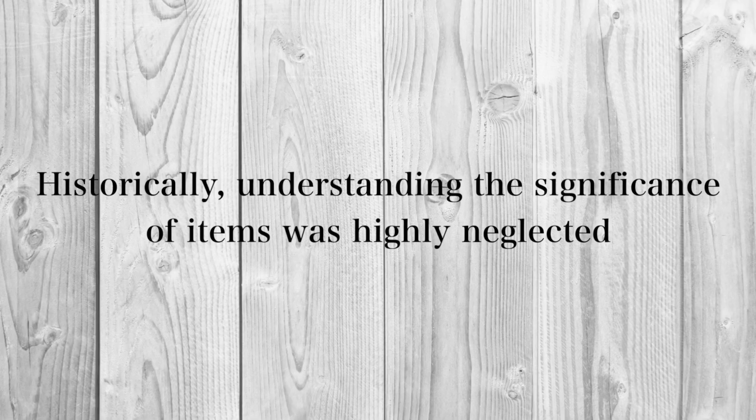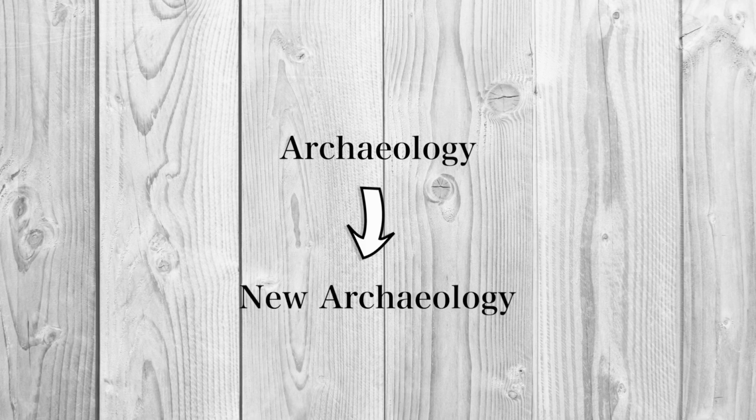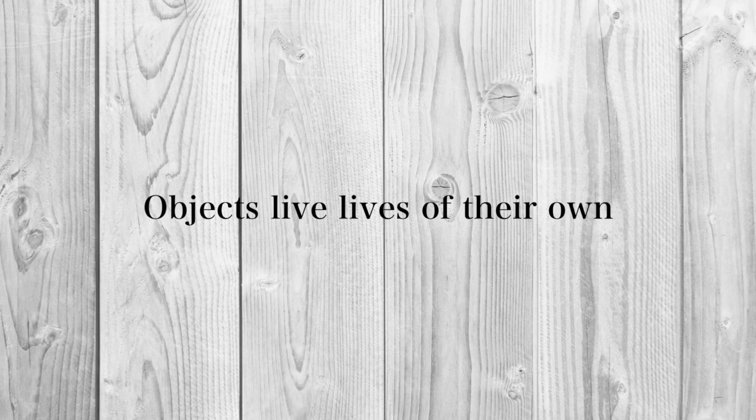And I really do want to note that throughout the history of archaeology, the significance of the items that were found was highly neglected. It was very much, like I said, a quantitative tally of what exactly is being found. However, archaeology actually underwent this huge shift in the 1960s, where it went from this field of archaeology to a field of new archaeology. And if you guys want to hear about new archaeology in another video, let me know. But basically, just a lot of the concepts and assumptions and methods that people were using underwent a lot of change. Now, as a modern field, archaeologists and anthropologists really acknowledge that objects actually live lives of their own rather than existing in this objective space.